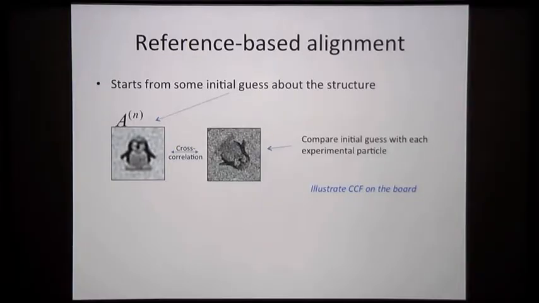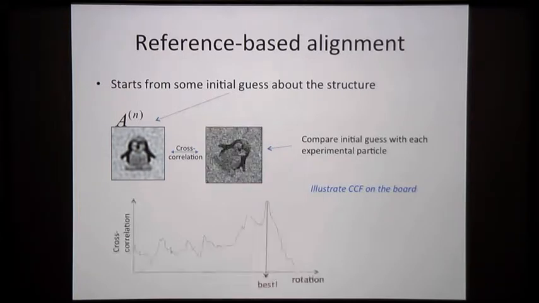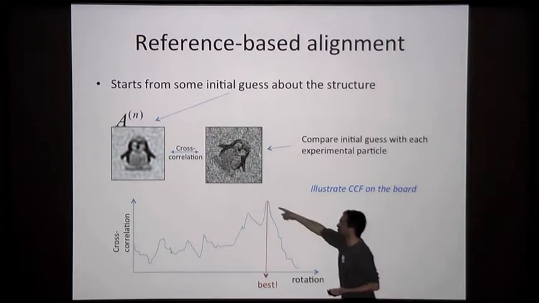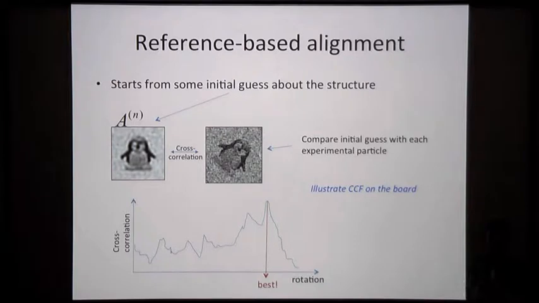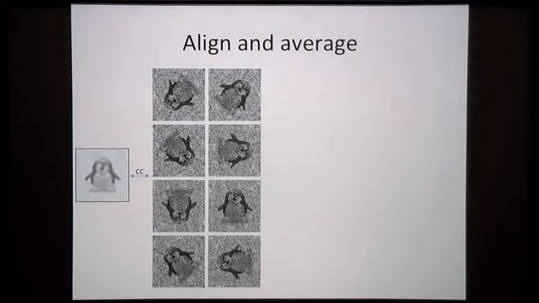We're going to rotate the image all the way around and store this value. Then we could make a little plot and just say, this is where the cross-correlation was maximum, that is, the square difference was minimum. So that's now the best rotation that this image is in with respect to this initial reference, okay? Now, that we can do